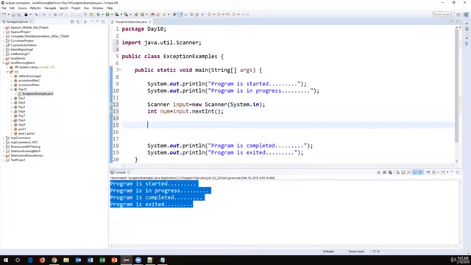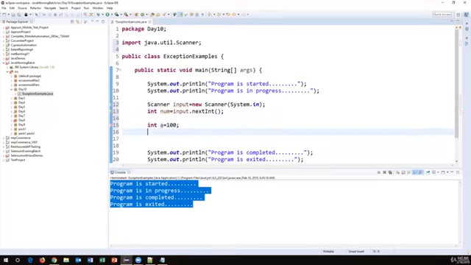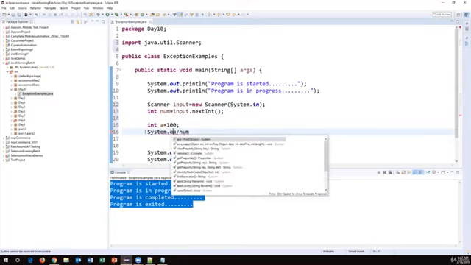Now I'll do one more step here. I'll say int a is equal to 100 divided by whatever number is provided by the user. I'm just dividing my existing number with the number sent by the user. The number is sent by the user, and a is another value I have defined here. Now a divided by number, the result I will print here. System.out